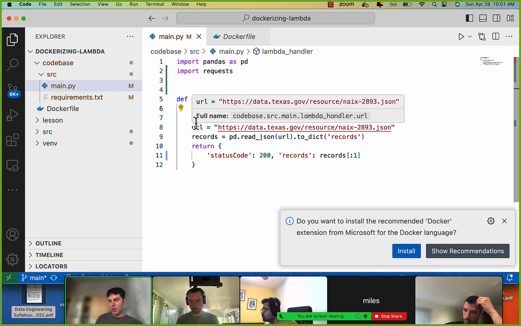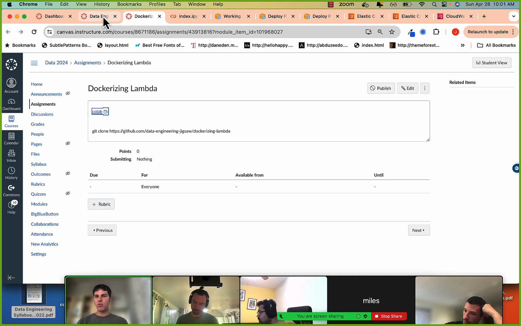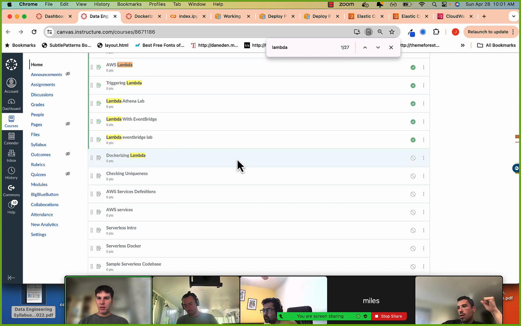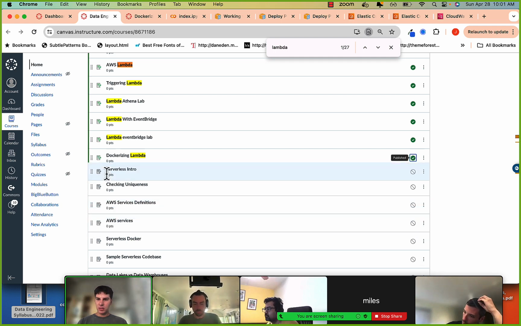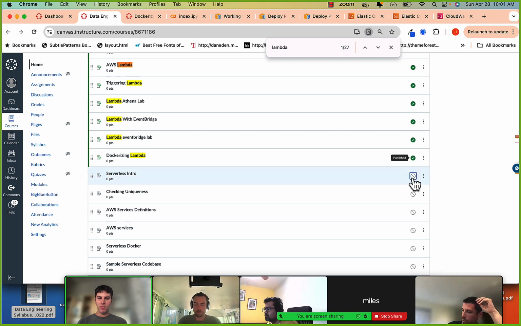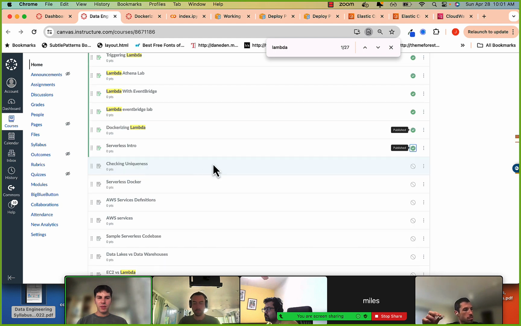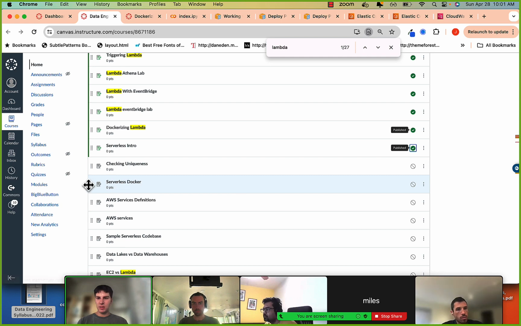Cool. Other questions? So the reading does walk you through Dockerizing Lambda. And then from there, there's also a reading on serverless. These are readings that really provide you with the code. Serverless is an alternative to Terraform that's actually easier to use than Terraform. You don't have to know it too deeply. Like I said, I give you the code that shows you how you can quickly set up the infrastructure you need,